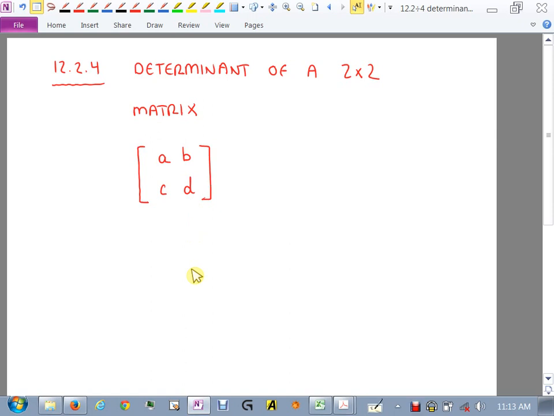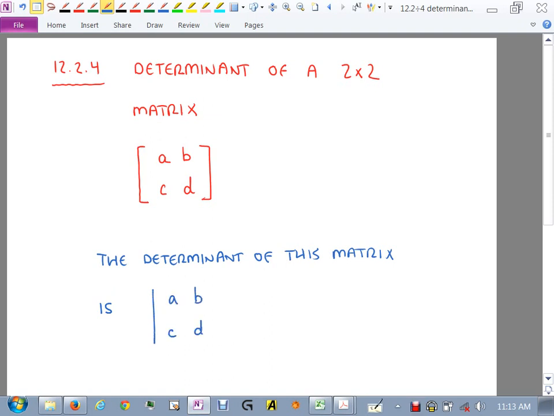All right, so we have a 2 by 2 matrix, right? A, B, C, and D are just numbers, right? When we say determinant, it's a calculation we can do with these numbers. And it's a very simple calculation, right? The determinant of this matrix is, first of all, the way we represent it